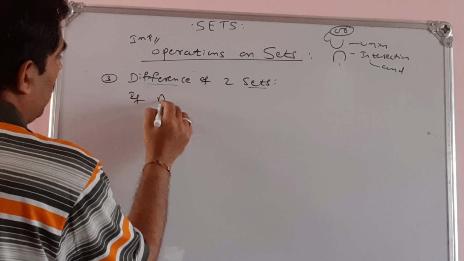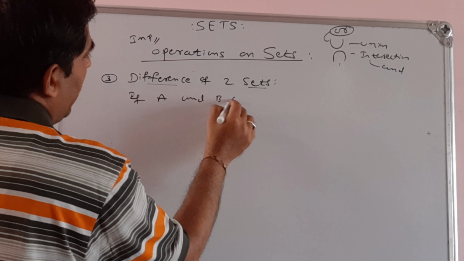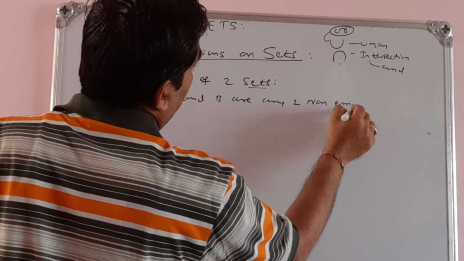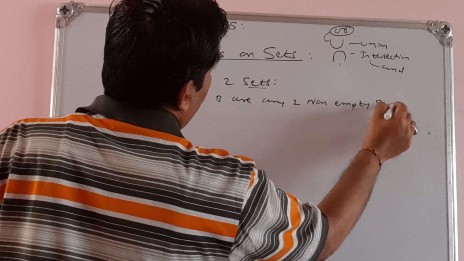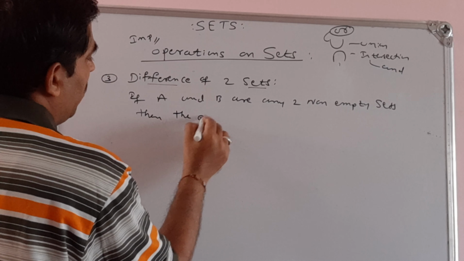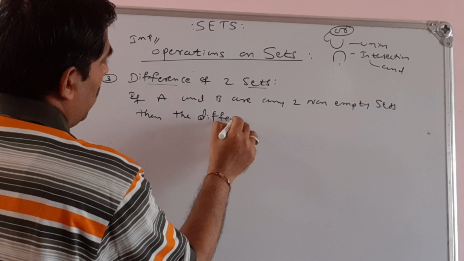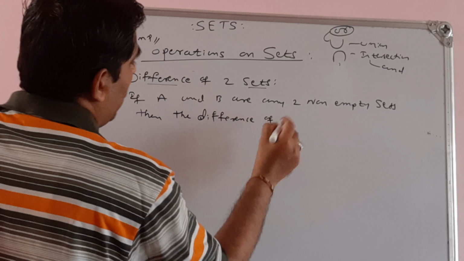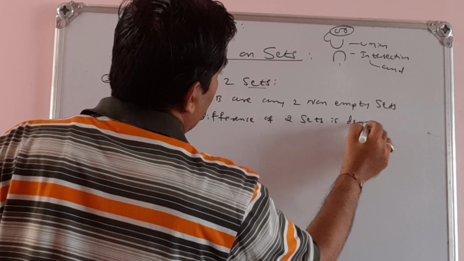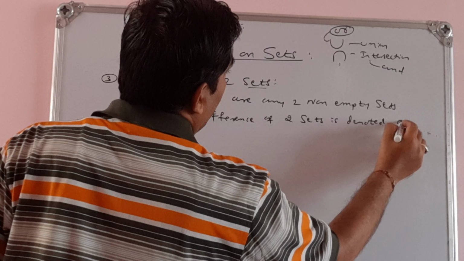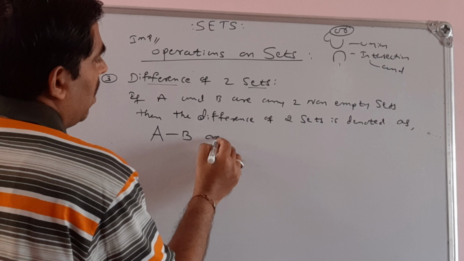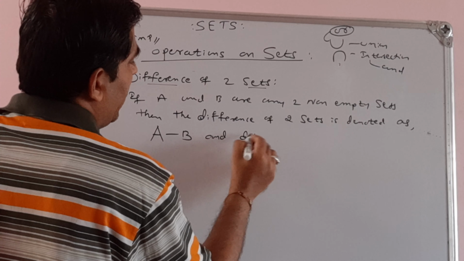See, if A and B are any two non-empty sets, then the difference of the two sets is denoted as A minus B and defined as...